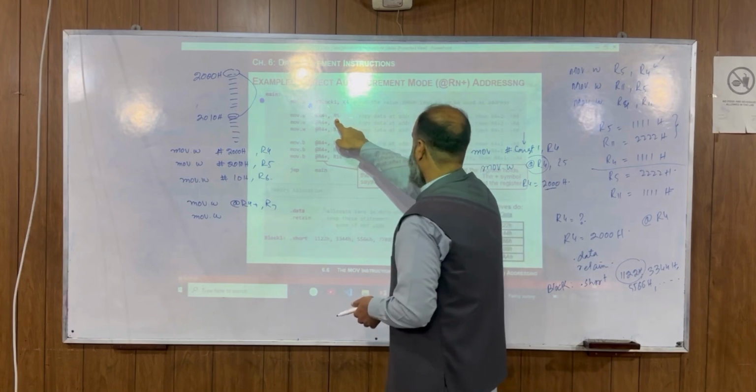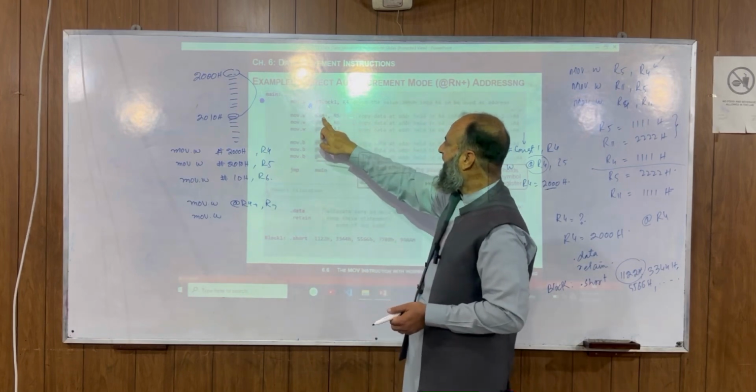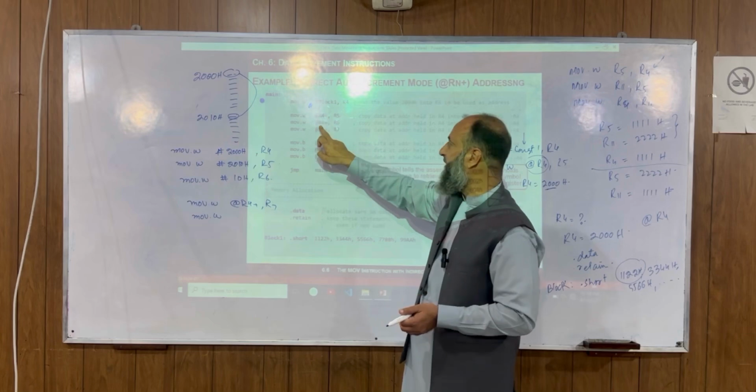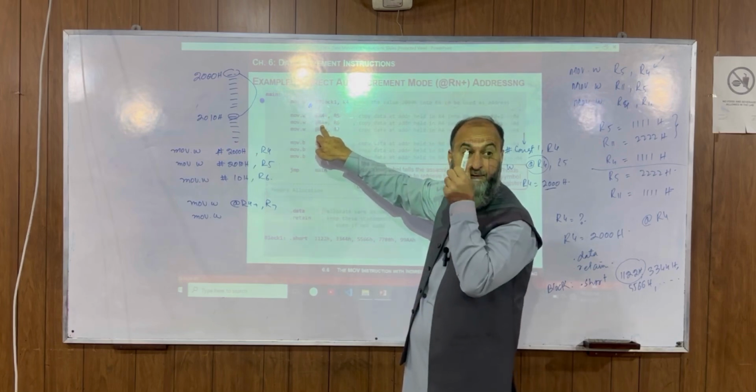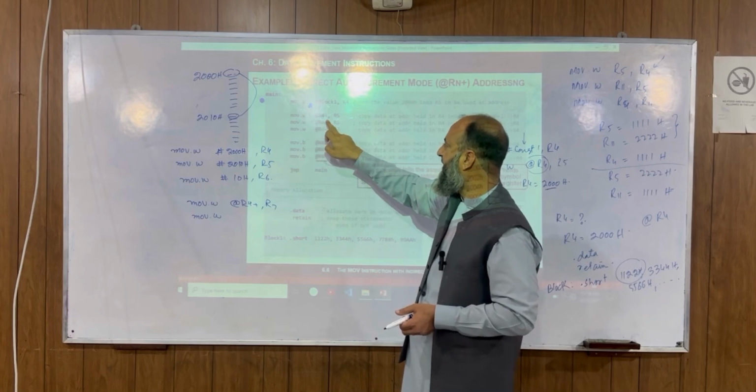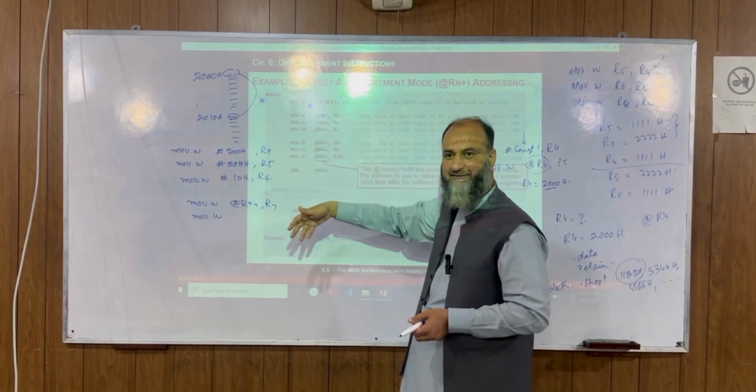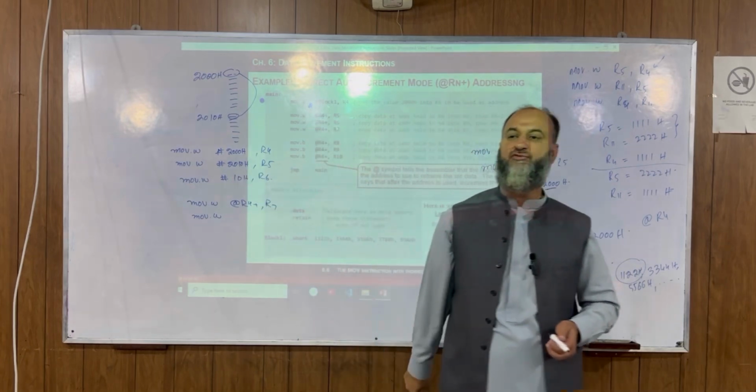1122 will be stored over here, right? And R4 is going to be incremented by 1. अब यहाँ पे क्या वैल्यू होगी? R4 के अंदर क्या होगा? 2002 and is now going to be loaded in R6. तो सारा का सारा ब्लॉक आप अंदर रजिस्टर्स के अंदर स्टोर कर रहे हैं.